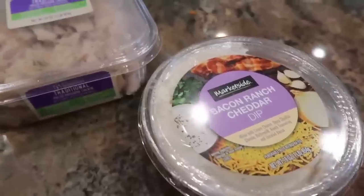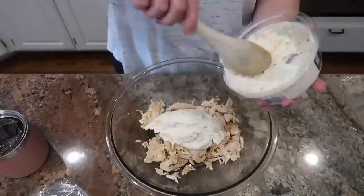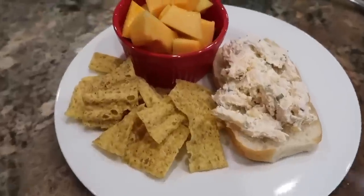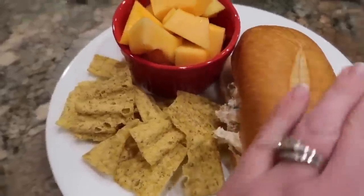In fact, one of my favorite shortcut meals that I've mentioned on this channel time and time again is the 2-ingredient pulled rotisserie chicken with a container of dip. I typically will put it on buns or in tortillas as sandwiches or wraps, but you can also put it on salads. You can put it in pastas. You can put it on top of a bed of rice. You can put it on top of a baked potato. It's just really versatile, and you can change it up according to the different kinds of dips that are available